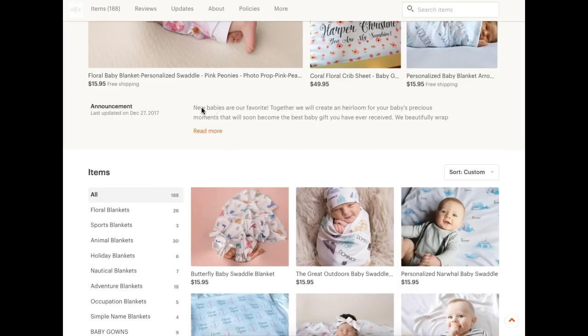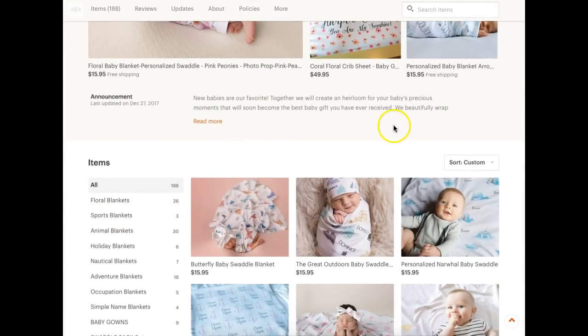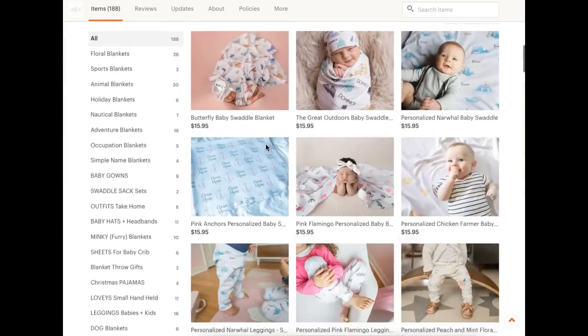I was talking about it needing a call to action. This space is probably the worst space, I think, in the entire Etsy shop. I don't think that it really does anything. Most people on the page, if they notice it at all, I don't think they read it. I think the best way to capture your customer's attention is